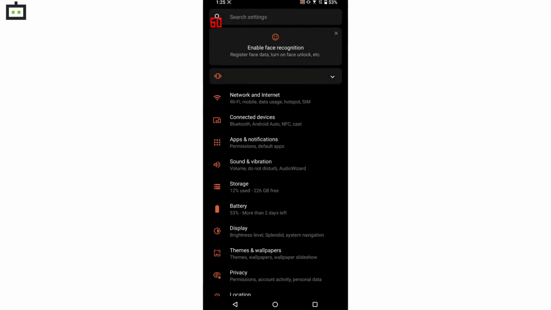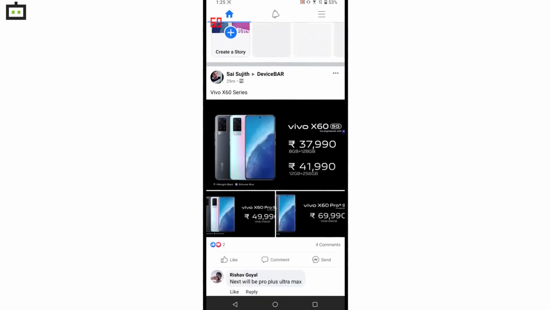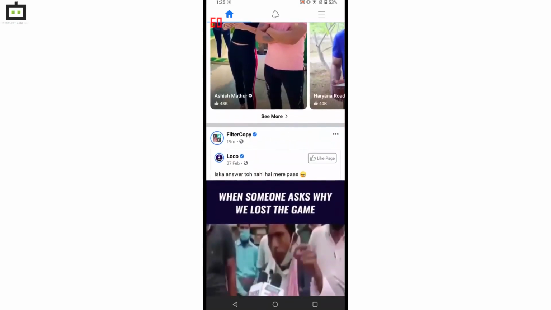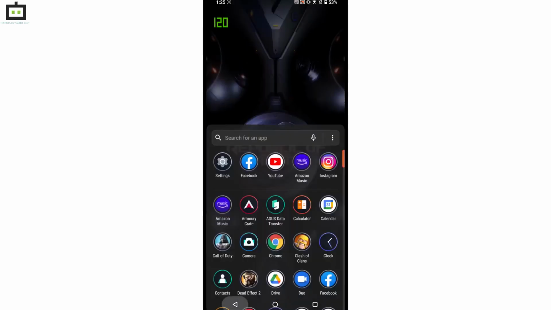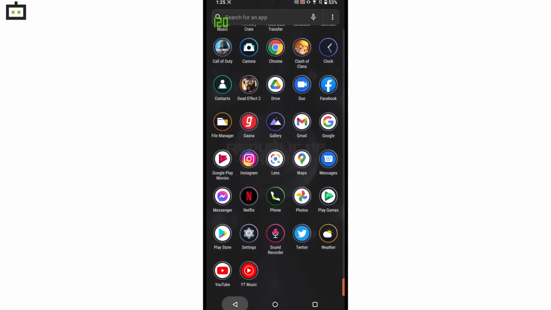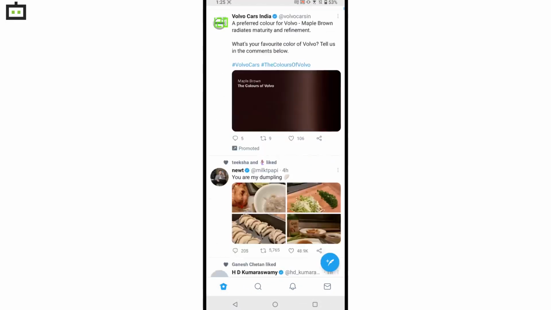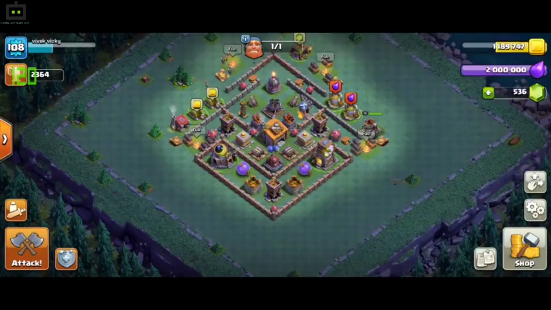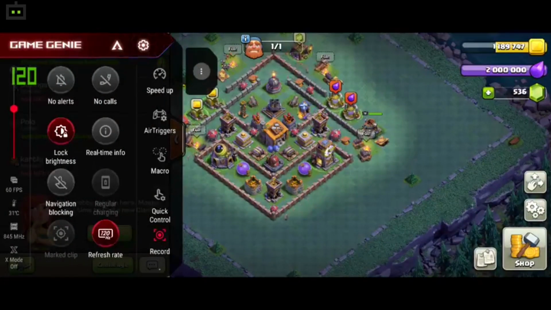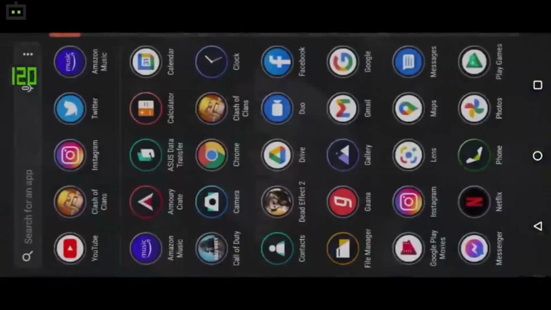which is being recorded with a 60 frames per second limit, you won't be able to actually see the smoothness, but you should be able to get it when I scroll through the apps and the social media platforms. This is the 120Hz mode where the phone will lock the refresh rate at 120Hz. As you can see, it will feel a little bit smoother when compared to the regular 60Hz. However, with the regular 60Hz, you will get longer animations and better battery life when compared to 120Hz or 144Hz refresh rate.